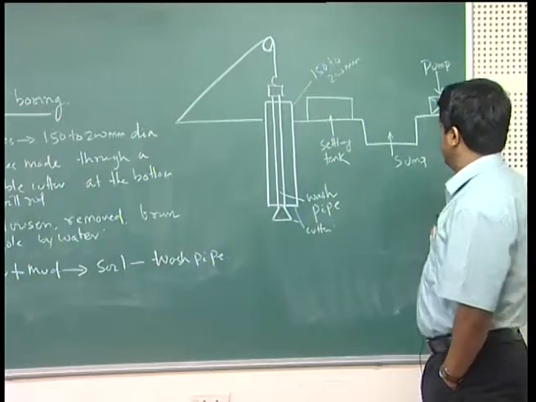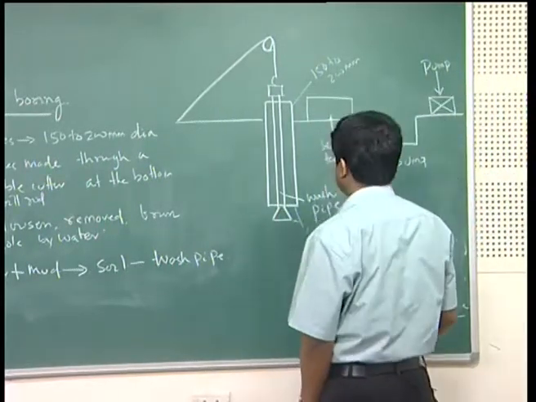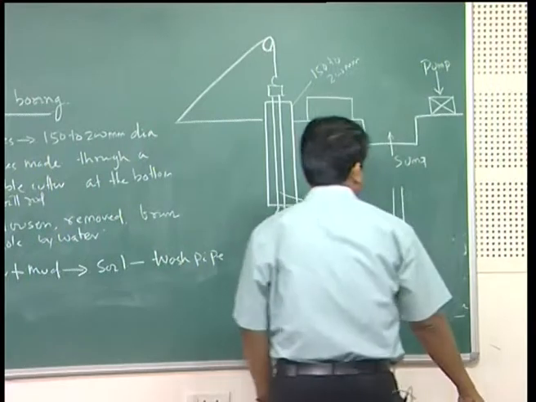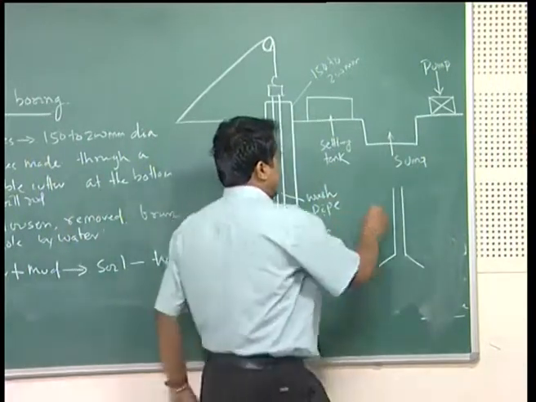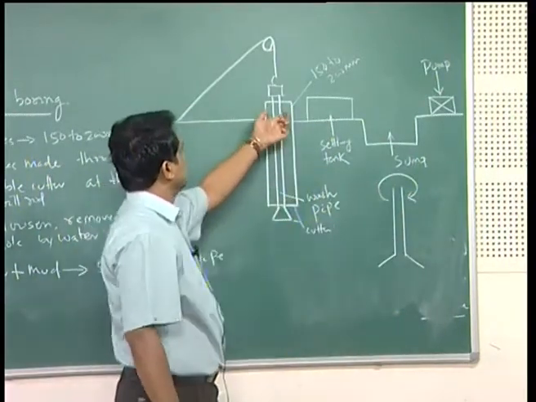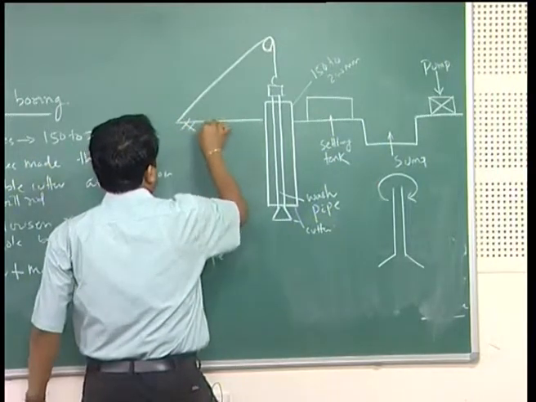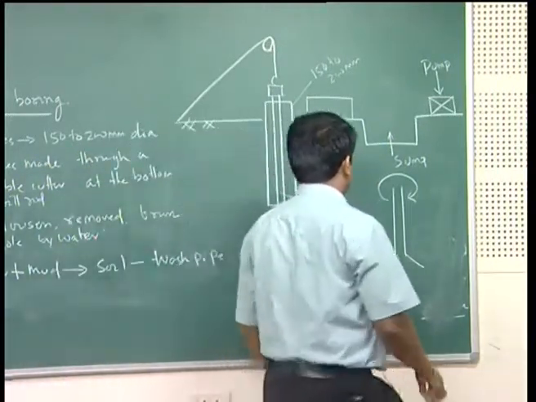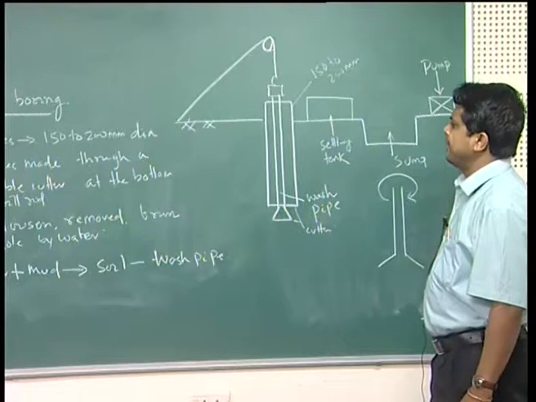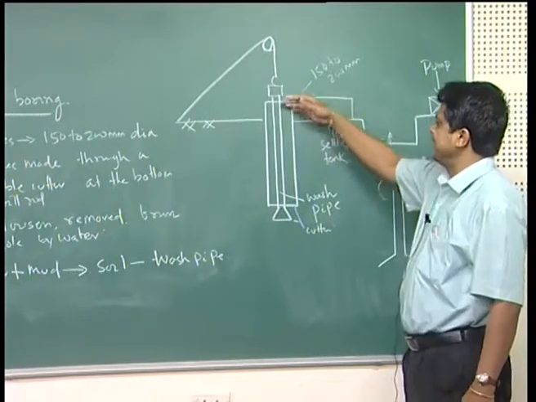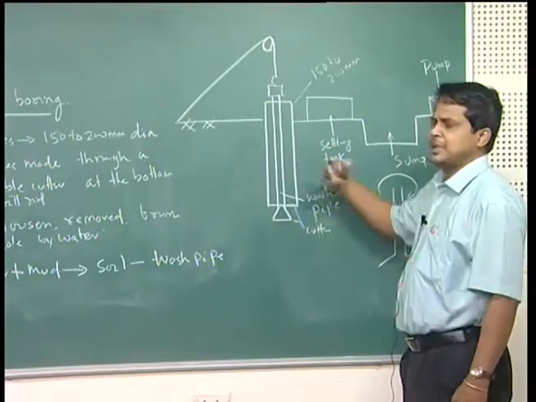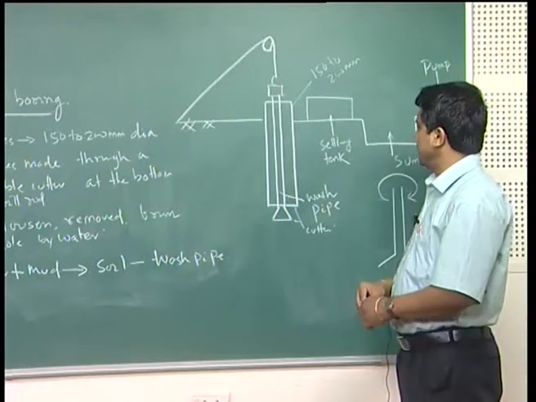How do you make it? Generally with a cutter. The drill rod is like this, and at the end there is a cutter. Once the drill rod rotates, this cutter will move and cut from the ground surface. With this help the soil will loosen and this borehole is made. Now water is injected inside, and the loosened soil will mix with this water and become mud, a mixture of soil and water. It will come out